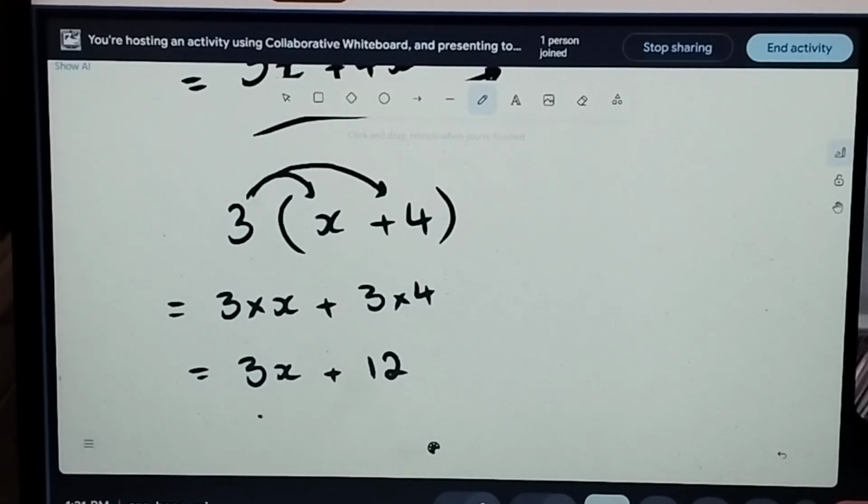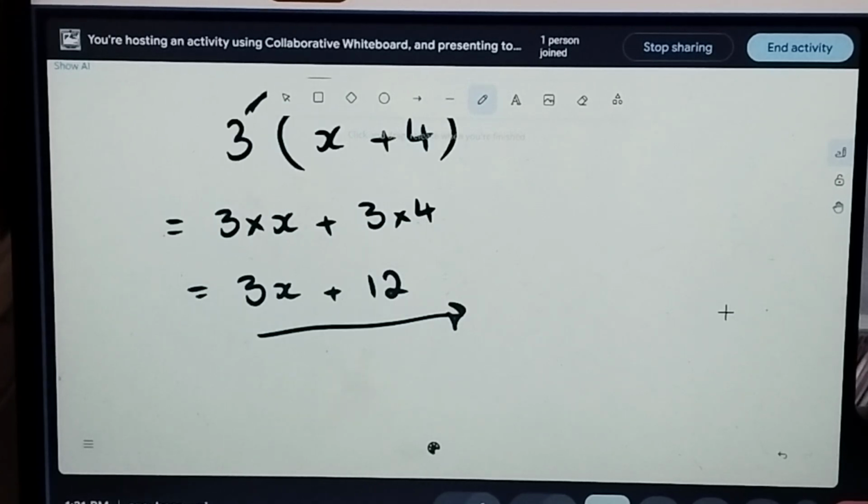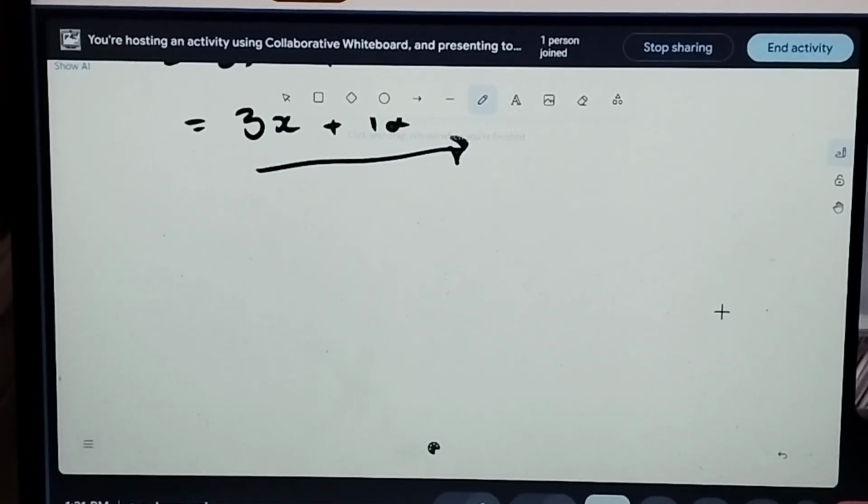So that then I'm finished with that. I can't add the 3x and the 12, obviously, because they, again, are not like terms. But I've just multiplied the 3 by each term inside the bracket. Okay. They will make these a little bit more difficult for you by doing an expression times an expression, where